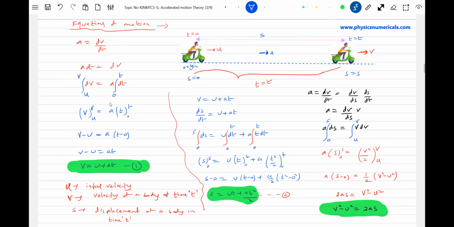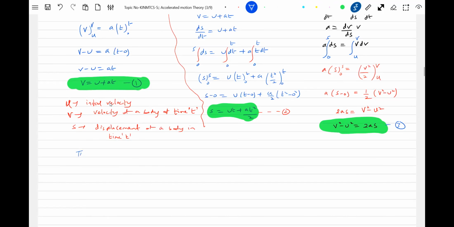There's a third equation which will give us relationship between the initial velocity, final velocity, acceleration, and displacement. What about this? This will give us relation between the initial velocity, time, acceleration, and displacement. Equation 1, that will give the relation between the final velocity, initial velocity, acceleration, and time. Every time, instead of integrating like this, we are going to take help of this one. So all these equations are valid only when acceleration is constant. So these are called as equations of motion. 1, 2, 3 are called as equations of motion.